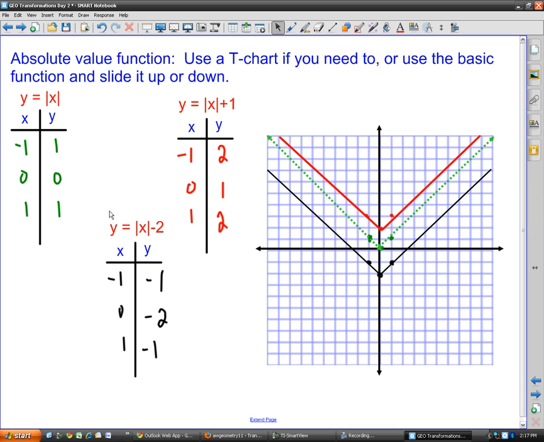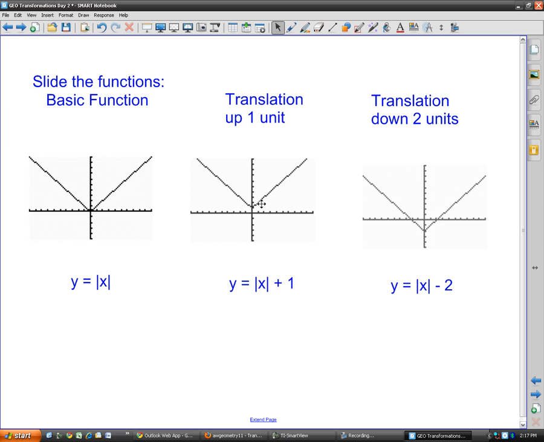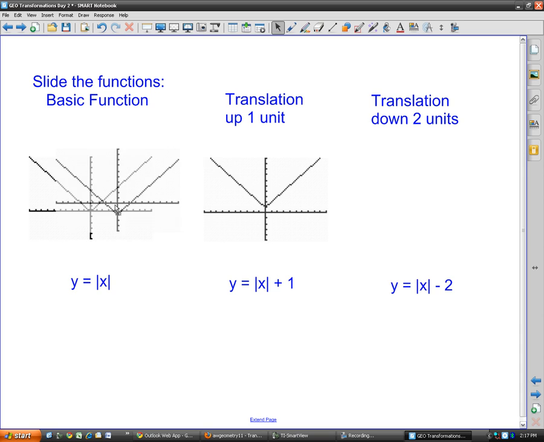So again, here's the same thing. If I line up my axes, you can see that this one was a vertical shift up by 1, and if I move this one, this was a vertical shift down by 2. And so that's really all we're talking about with these. So then square root, how does it affect